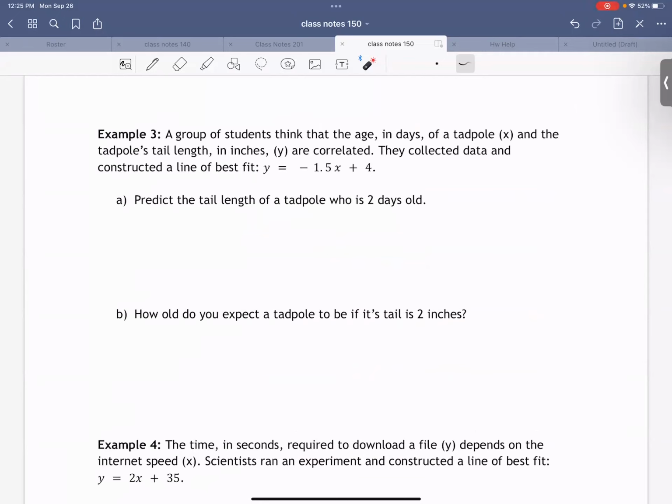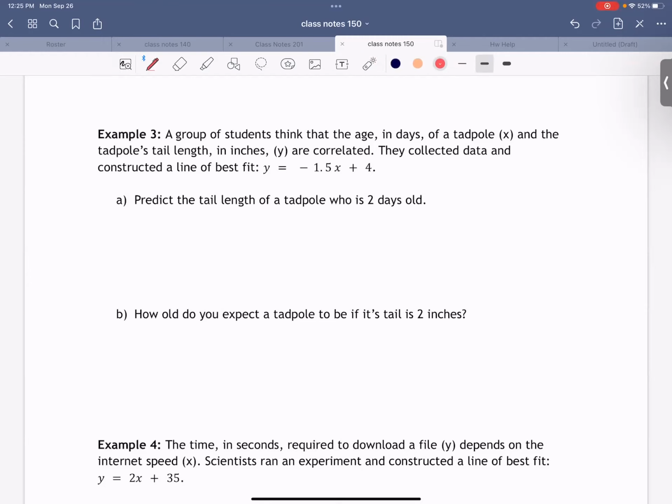We have a group of students. They think that the age in days of a tadpole and how long a tadpole's tail is are correlated. Okay? And I put in the question that the age I'm going to say is X and the length of the tail is Y. They did a bunch of data collection and they figured out that the line of best fit is -1.5x plus 4. This question is asking us to predict the tail length of a tadpole who is 2 days